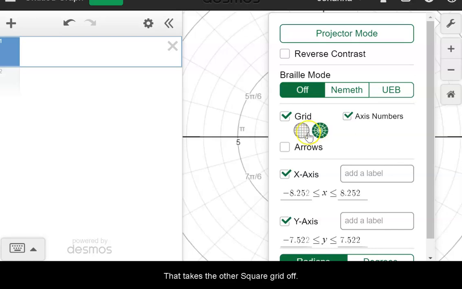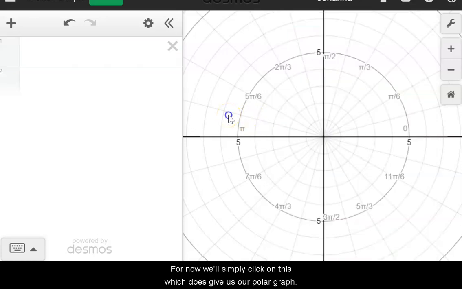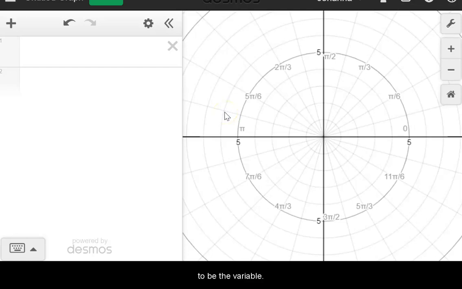That takes the other square grid off. I've not found a way to keep them both on at the same time, though I think that would be a great option. For now, we'll simply click on this, which does give us our polar graph. Once we're in polar mode, then Desmos will expect R to be the variable. Unfortunately, the way that Desmos is currently programmed, you can only use R to a first power, which means if